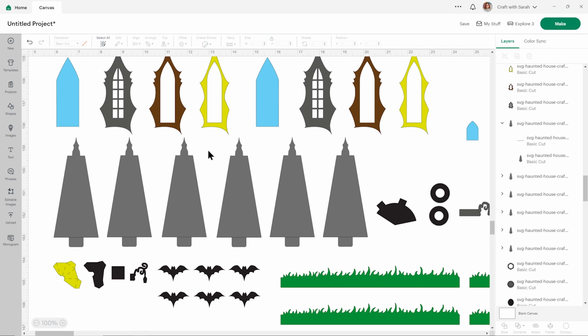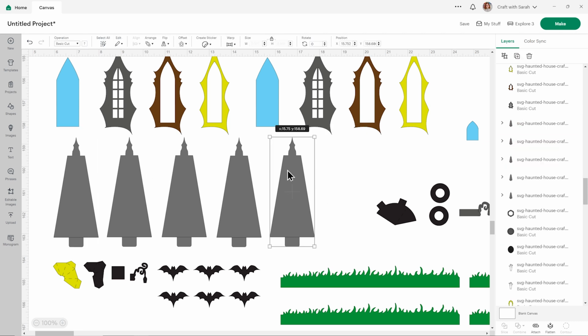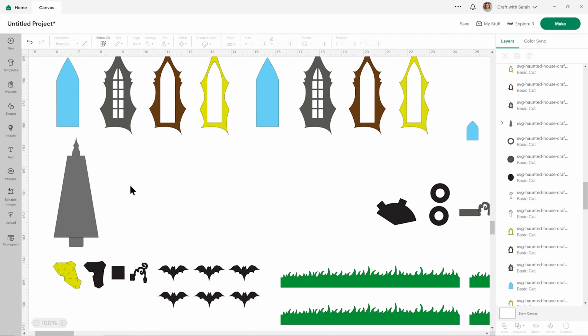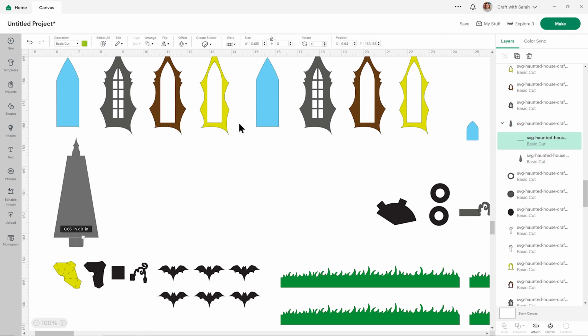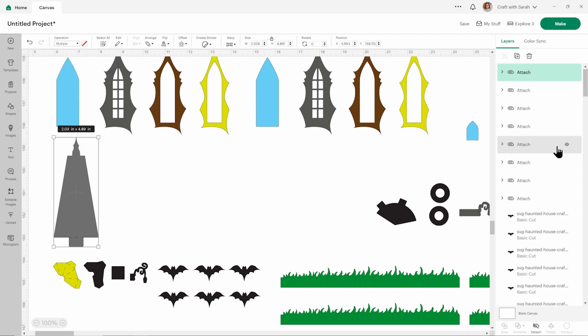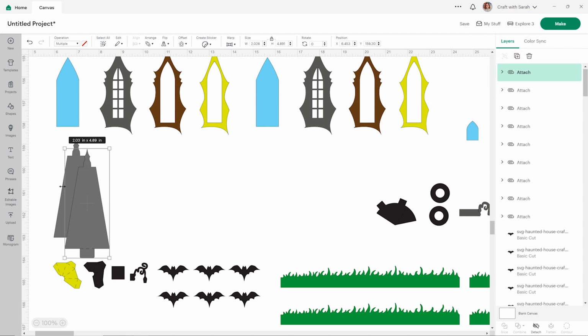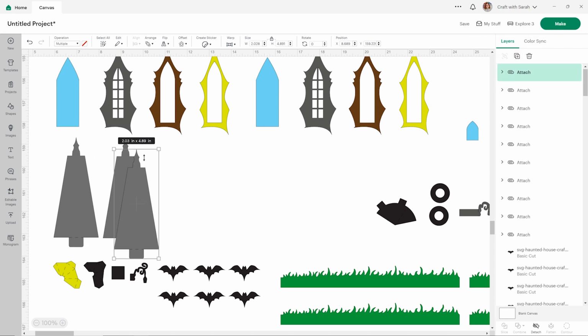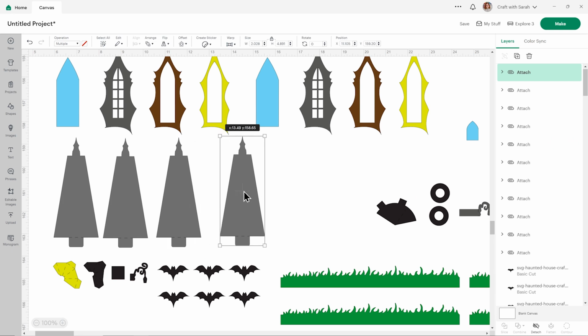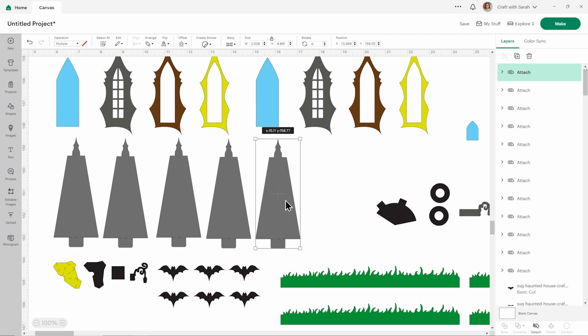Okay, so I haven't actually finished doing the scoring yet, but I thought I'd show you a little trick along the way to make it a bit quicker. You can see I've got 6 separate shapes here, and each of these is a mini group that has a score line, but each of these pieces is exactly the same. So what you can do to make it easier is click on 5 of them and delete them, and then just format the score line on one of them. So change it to Score, click, and then Attach. And then you can press the Duplicate button at the top of the Layers panel 5 times, to make 5 copies so that you'll end up with 6 again in total.